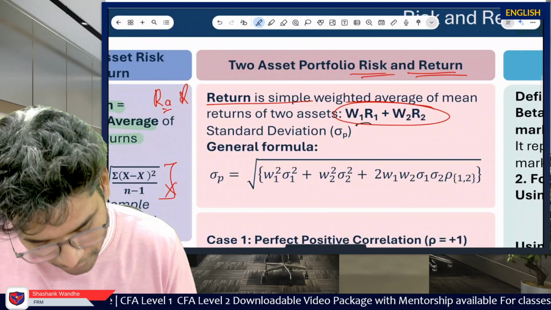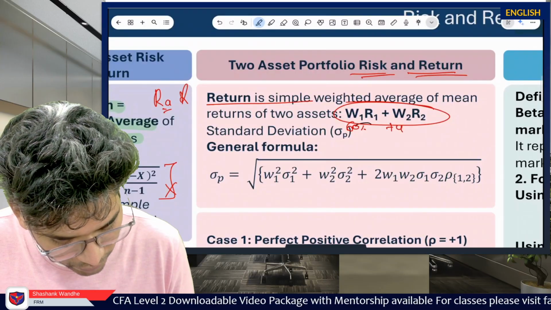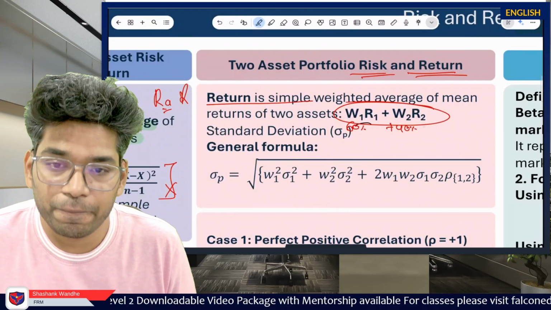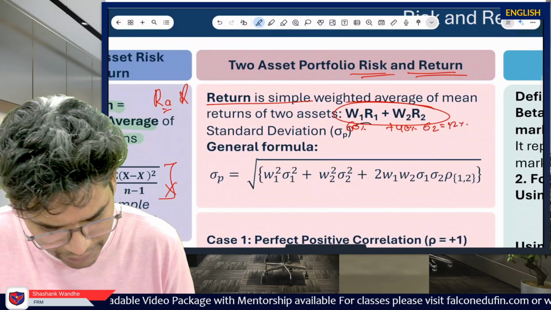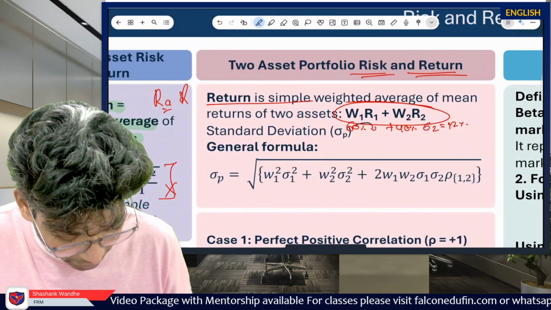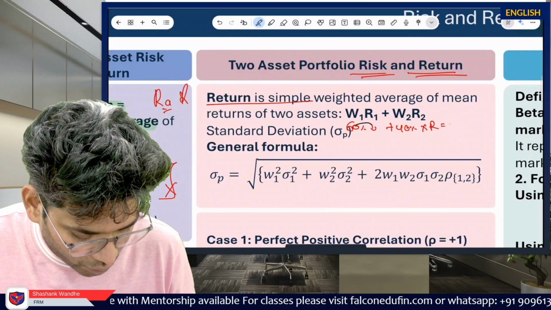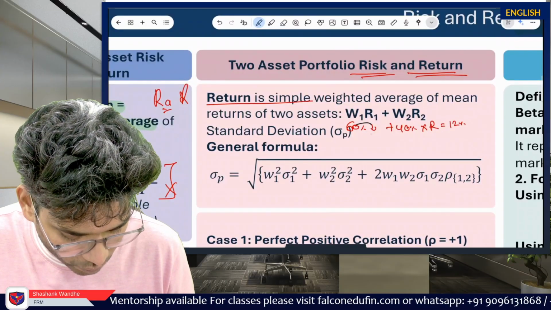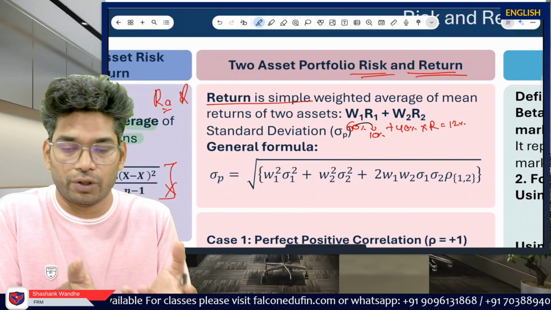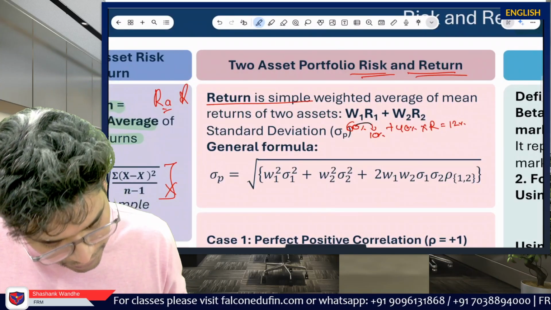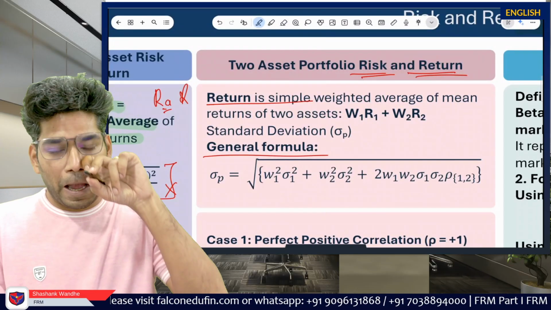Simple. Okay, so if you have, say, 60% invested in the first asset and 40% invested in the second asset, then you have the risk also. Let's say the standard deviation of asset 2 is equal to 12% and the return of asset 1 is, say, 10%. You can simply calculate the return of the portfolio by doing the weighted average. Now, for the risk part, remember, we are applying